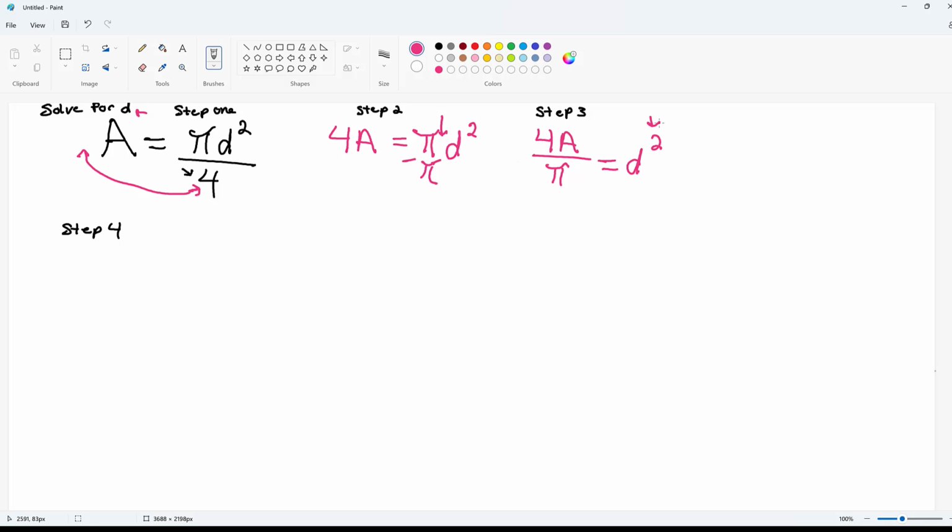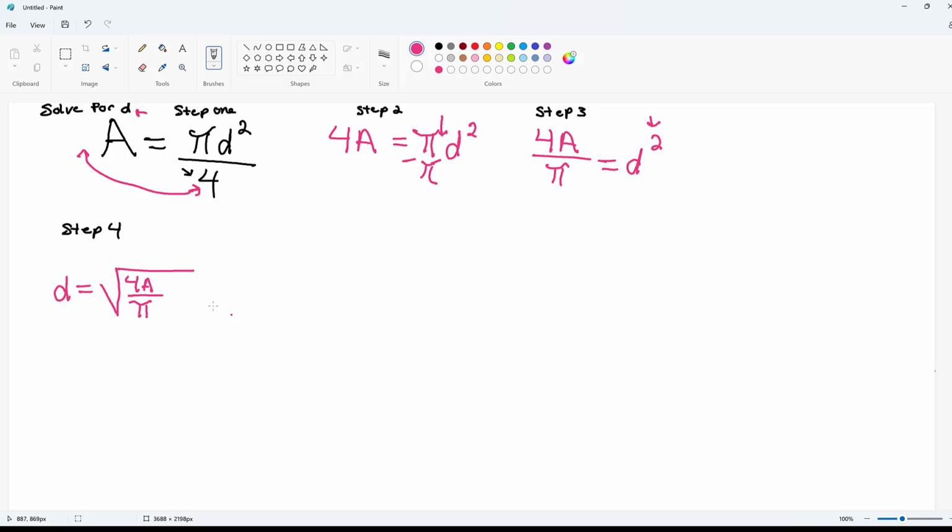All you have to do is bring it over and square the entire fraction. What you're going to end up with is d equals the entire fraction squared, 4a over